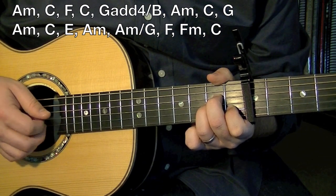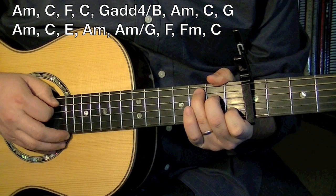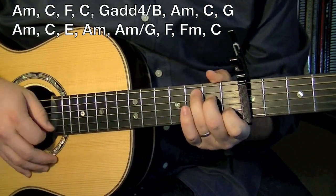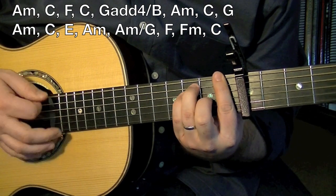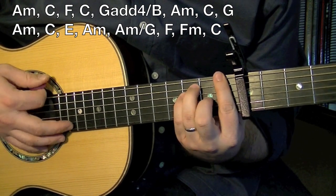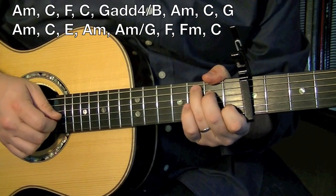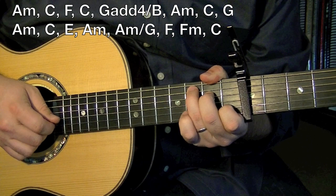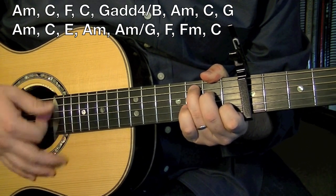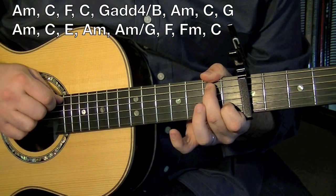Okay, we're going to switch to C, same thing. Same picking on this hand. F, if you can play the big one, pick the big low note, the lowest one, 6th string. And then we're going to go from the C to the G add 4 over B, and you're going to split that measure. C gets just a bass down, up, and then you're going to do the same thing